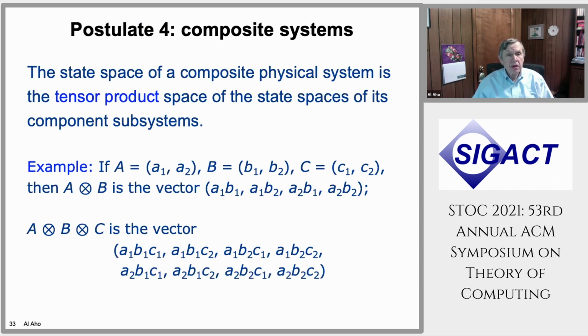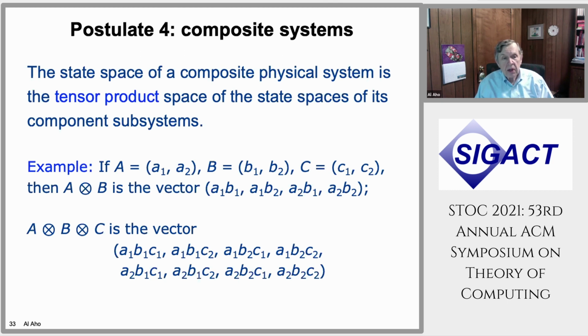Postulate 4 says that if we combine 2 isolated physical systems, the state of the composite physical system is the tensor product of the state spaces of its component subsystems. So here I've shown that if we have three two-dimensional vectors, A, B, and C, if we take the tensor product of A and B, we get a four-dimensional state vector. And if we take the tensor product of the three basis vectors, we get an eight-dimensional